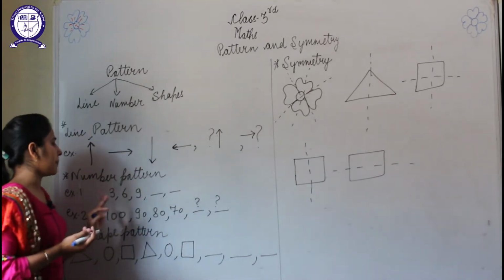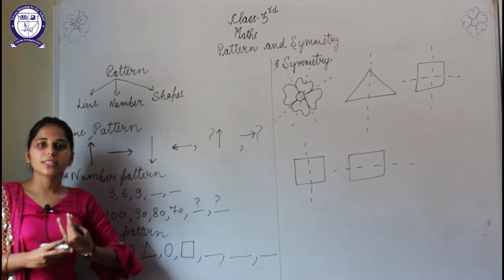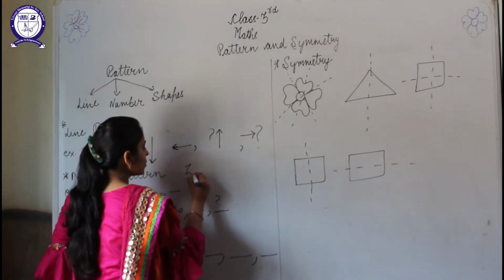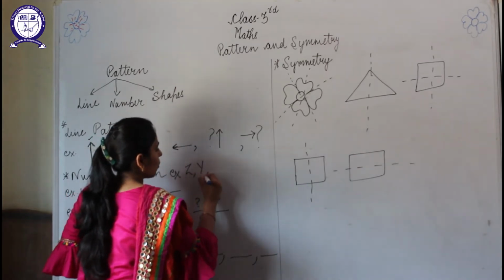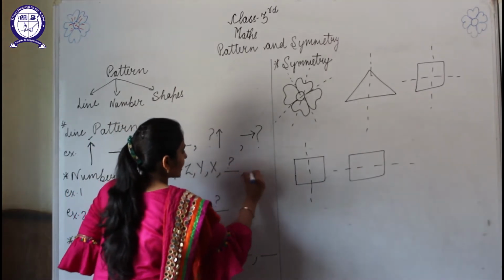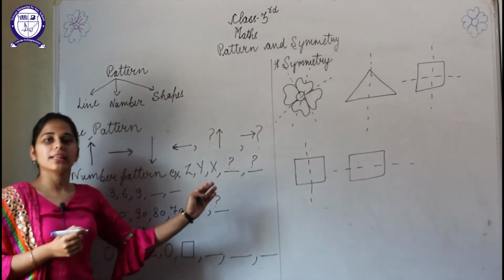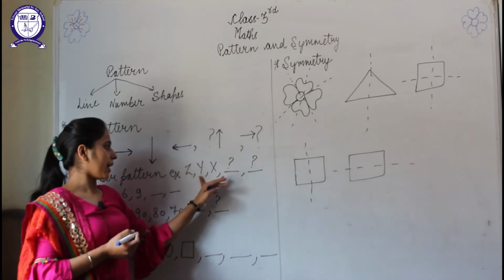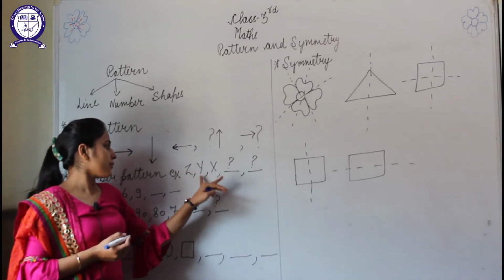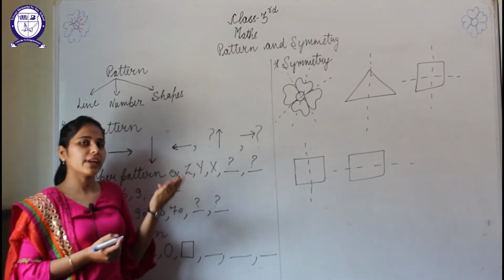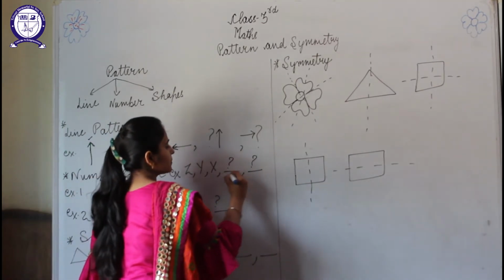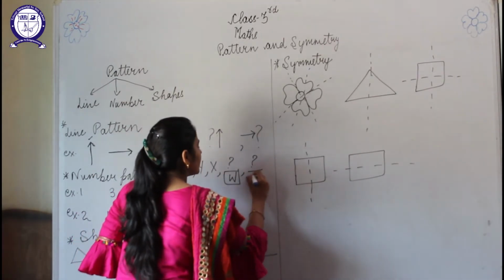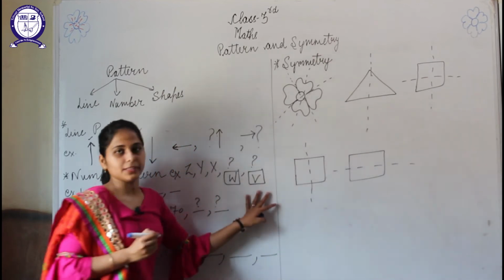Now the second one is the number pattern. In a number pattern, it is denoted with the help of numbers, mathematical numbers also, and we can also draw a pattern like this example: Z, Y, X. So what will be the next term, student? Here we are looking that alphabets are started from the back side. Z, Y, X. It means before Z, Y comes, before Y, X comes. So before X what comes? W. So in this blank W will be there, and before W which alphabet comes? V. So in this blank V will be there, student.